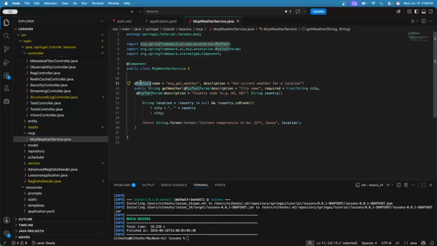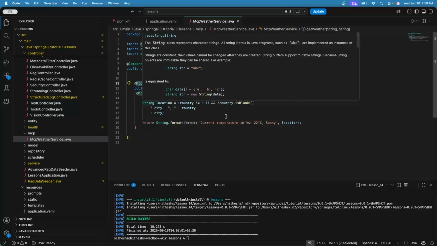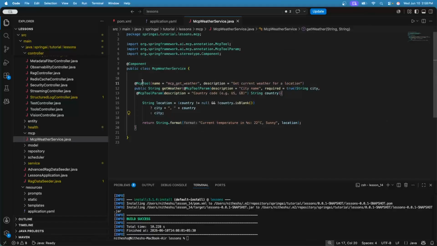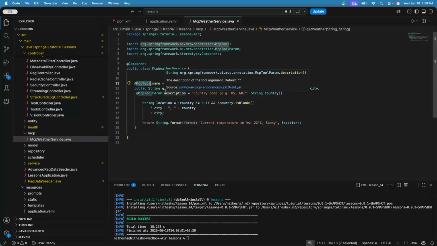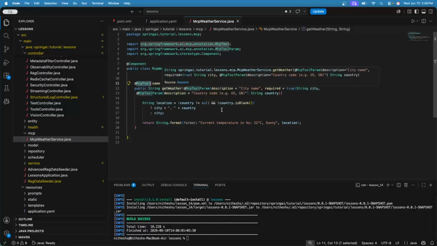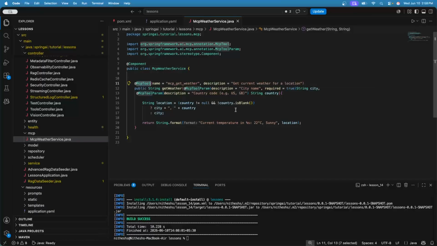So here, MCP tool marks this method as an MCP callable tool. When you define this annotation, Spring AI auto-generates the JSON schema and registers it with the MCP server. And the name attribute is the tool identifier the LLM uses to call it. It must be unique across all MCP servers. The LLM refers to it by this name.